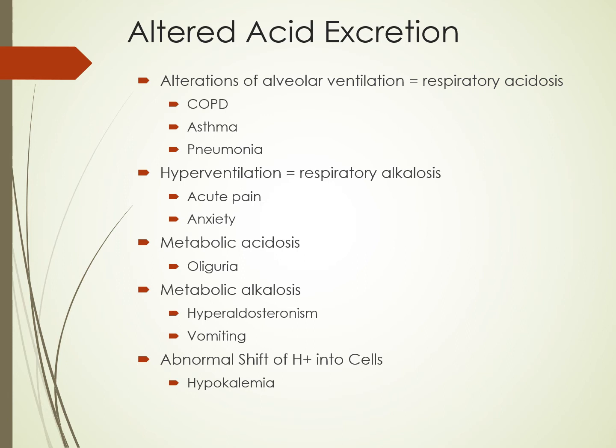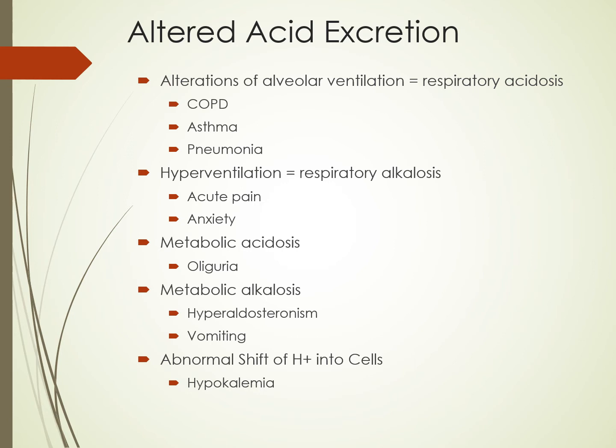Increased excretion of metabolic acid through the kidneys can occur in people with excessive aldosterone. However, the most common condition involving excessive removal of metabolic acid from the body is vomiting, which removes hydrochloric acid. Vomiting also triggers bicarb retention by the kidneys, which alters buffering capacity and contributes to the resulting metabolic alkalosis.